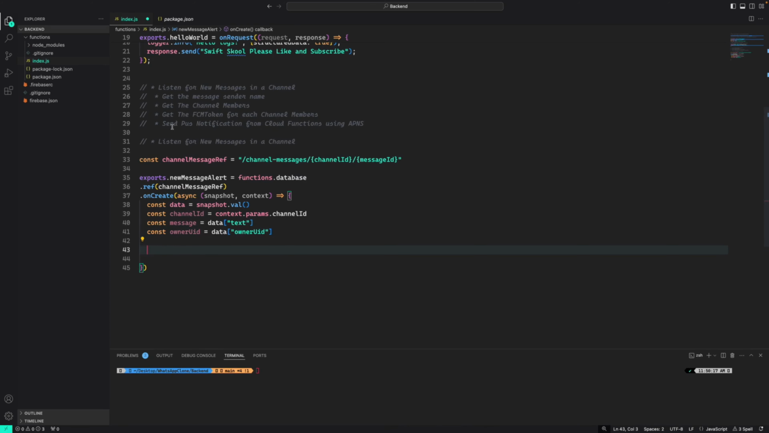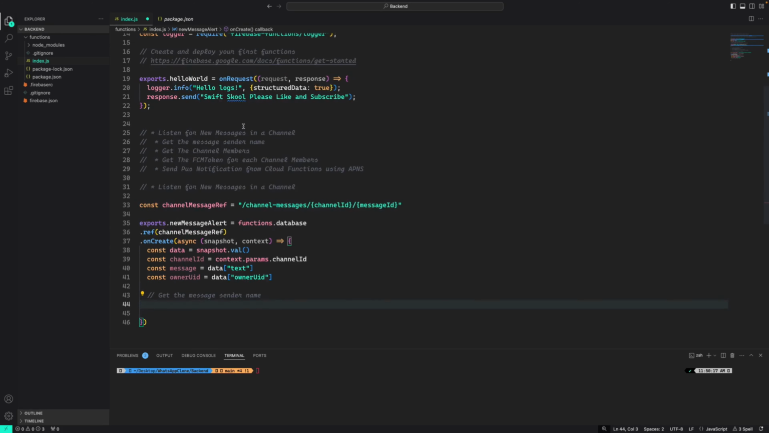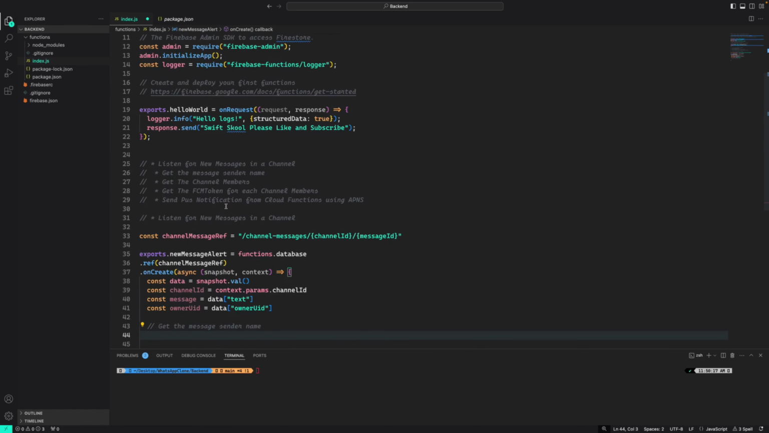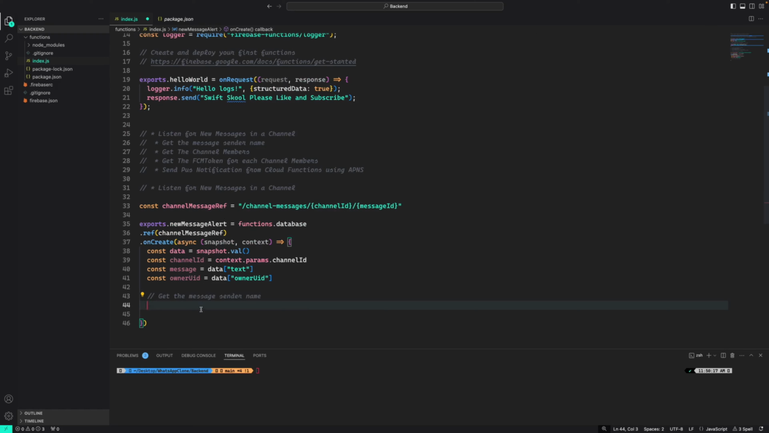What do we need to do? Well, we need to go get the message sender name, like I said right here. And I'm just going to put that right here, get message sender name. And the way we're going to do that is, we're going to need to make a database read operation. And thankfully, the Firebase Cloud Function SDK also allows us to do read operations. It's pretty simple. And the way we're going to do that is, we're just going to say const,